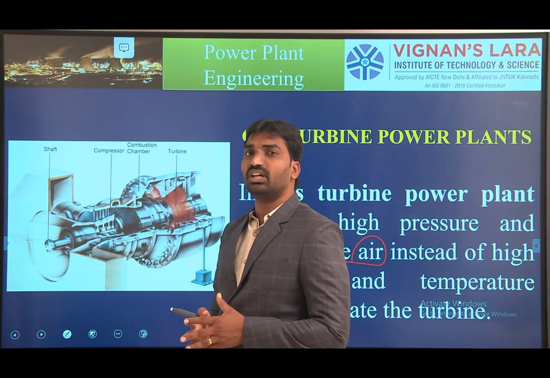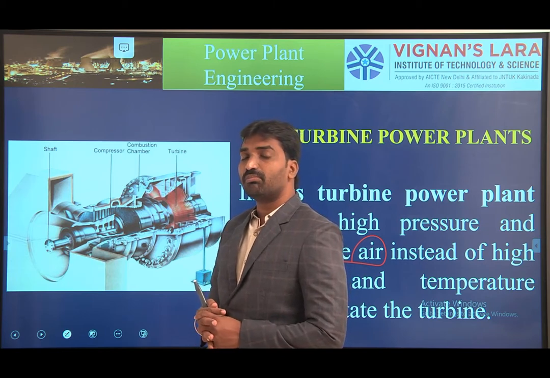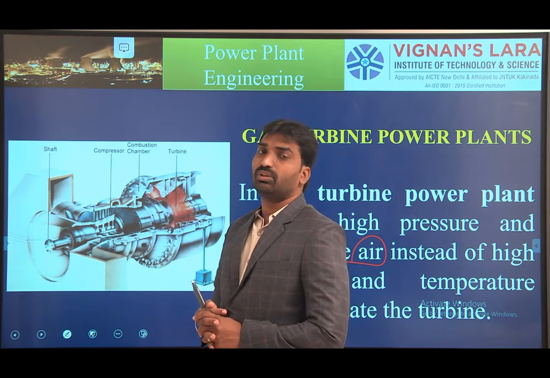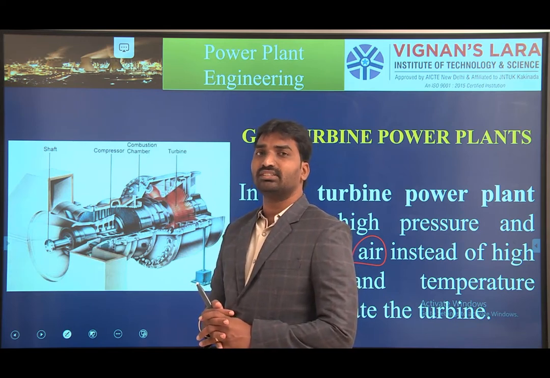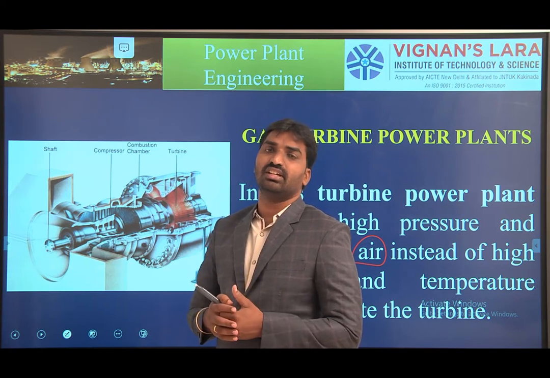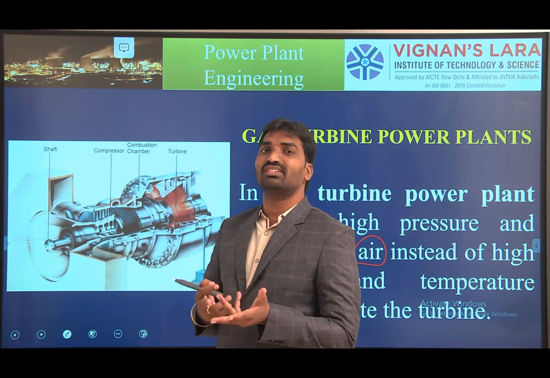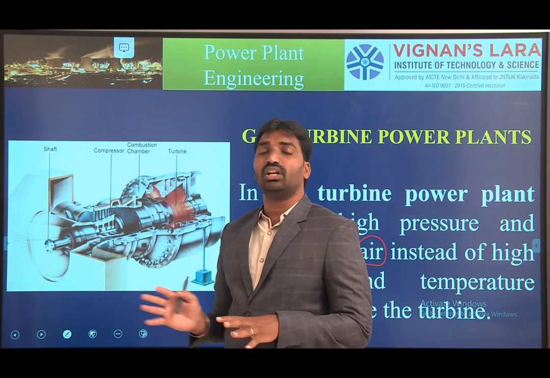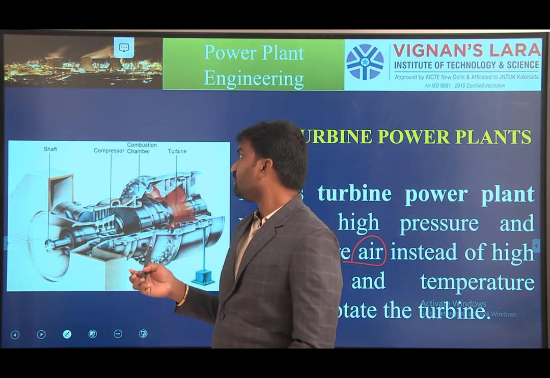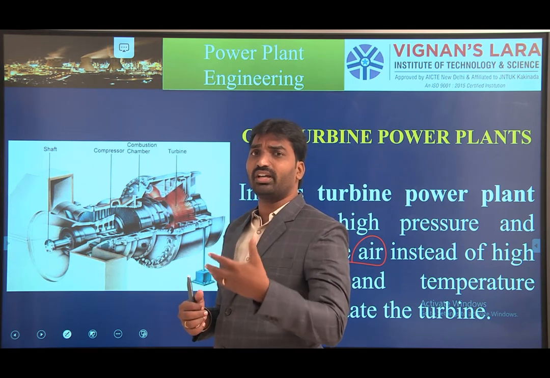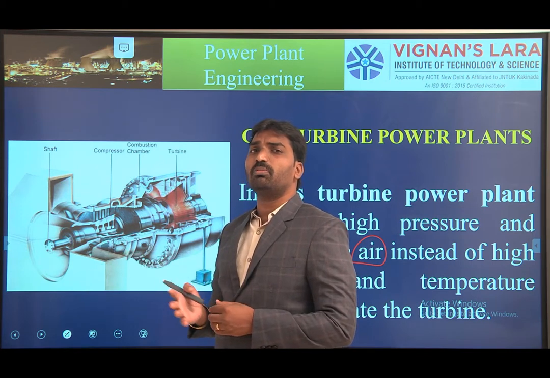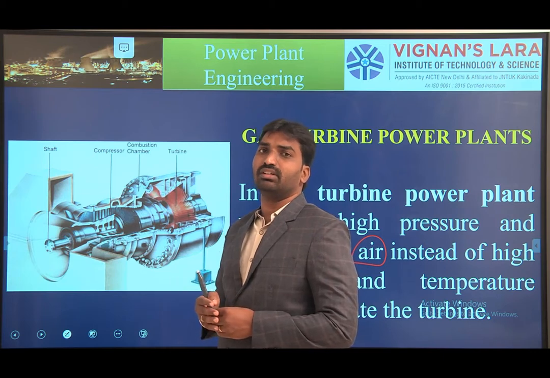What happens in a combustion chamber? In the combustion chamber, the compressed air enters, and at the same time we inject the fuel. The fuel may be natural gas, diesel, petrol or other high octane fuels. Anything we can use, maybe liquid fuels, gaseous fuels or solid fuels. Generally, in gas turbine power plants we use natural gas. In the surroundings of our college, one gas turbine power plant is available, the Lanco power station near Kondapalli.